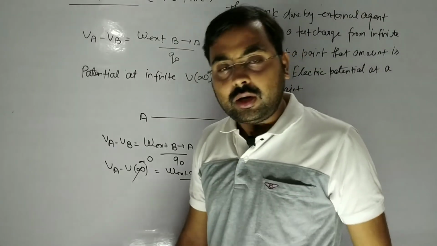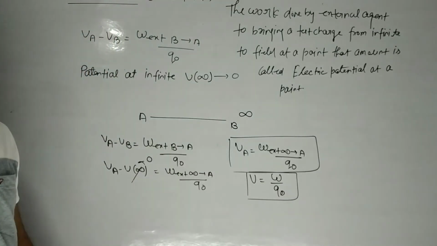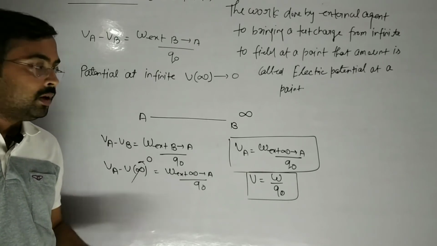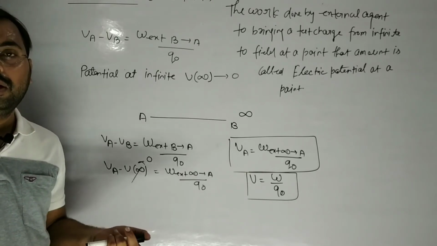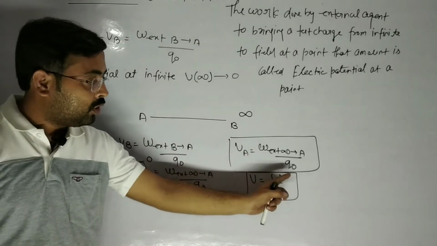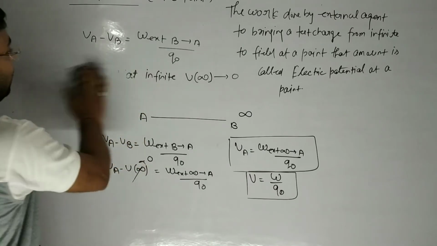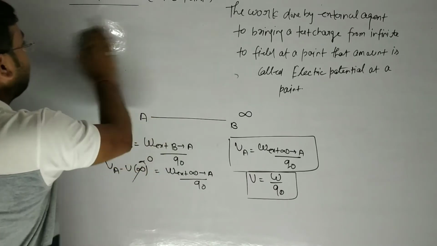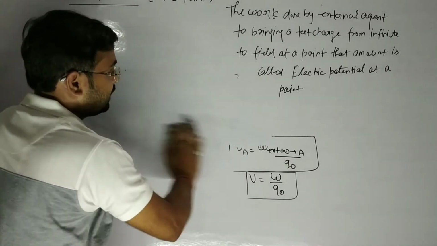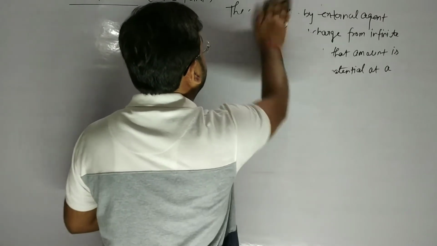It has the same unit and the same dimensional formula as potential difference, ML2T^-3A^-1. It is a scalar quantity. It has no direction. Its unit is joule per coulomb. Confirm? Some examples of potential and potential difference.